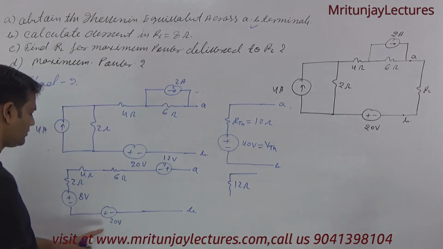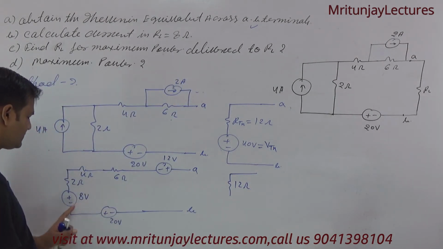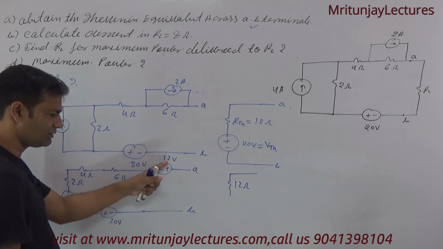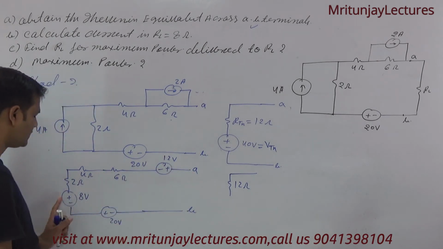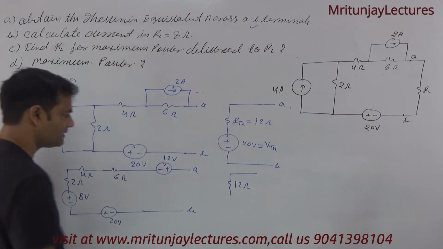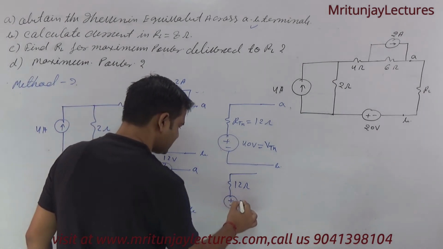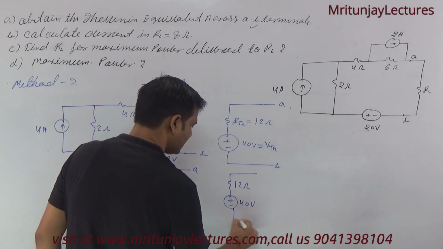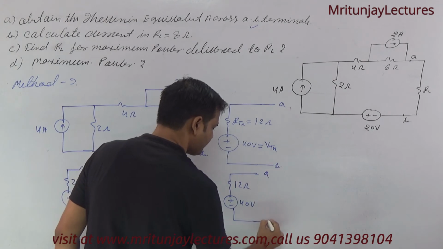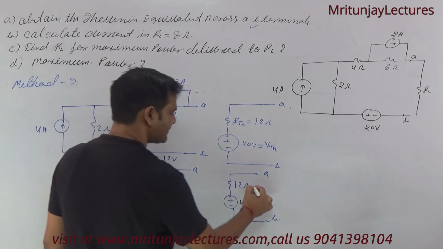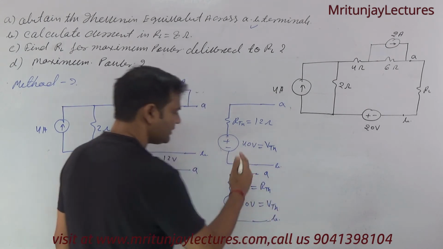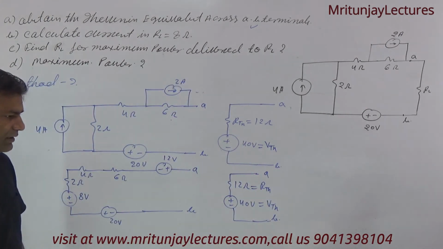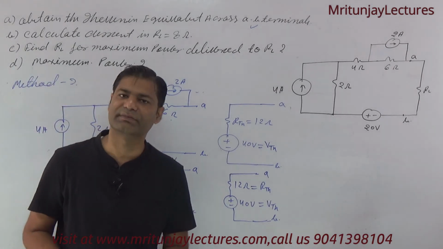Now, what about voltage? Minus 2 plus, minus 2 plus, minus 2 plus. So these voltages are added. No current flowing through this one. So this one plus this one, that is 40 volt. That is AB. This one is called RTH, and this one is called VTH. Clear or not? In both procedures, the first method or the second method, we got the same result.